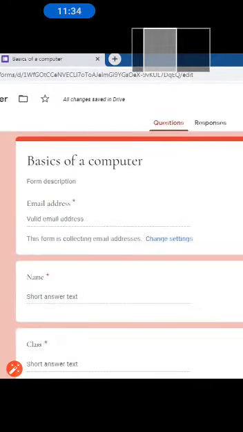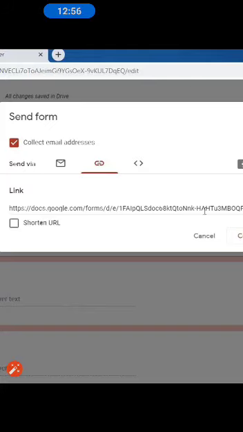Now there are different ways of sending it. Basically the first two ways are chosen. First is giving it to the students via email. For that you need to have an email ID of your students, and second is having a link of your Google form. This helps basically to share your question paper not only with your students but externally also. If you give this link in WhatsApp, then many students or outside teachers can access your question paper. Yes, the data will be stored in your database, you have to check it.